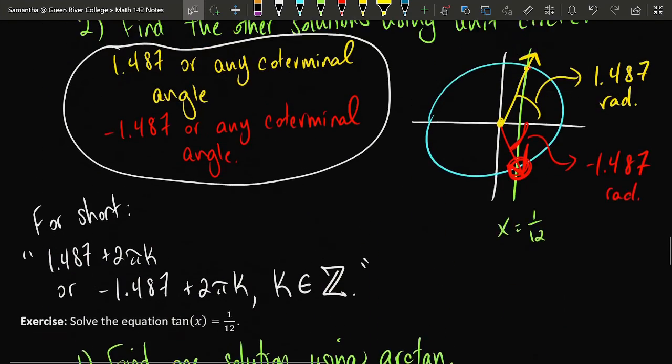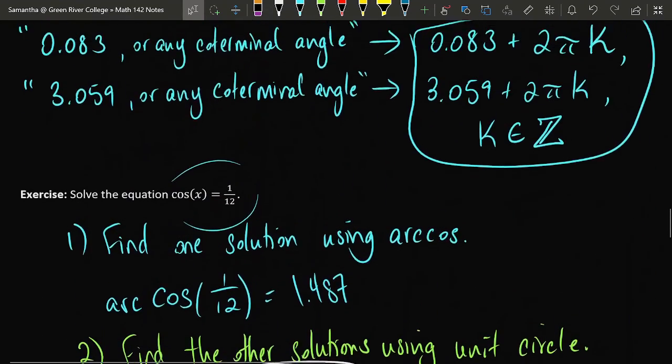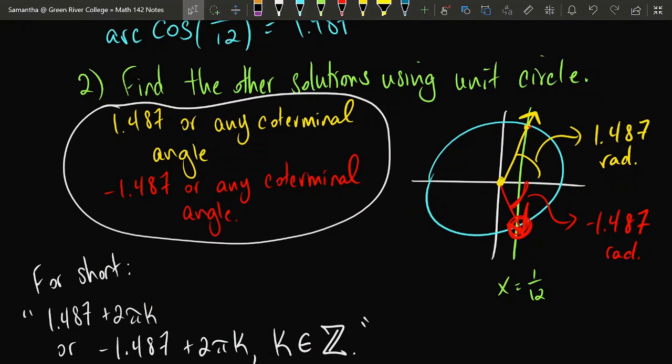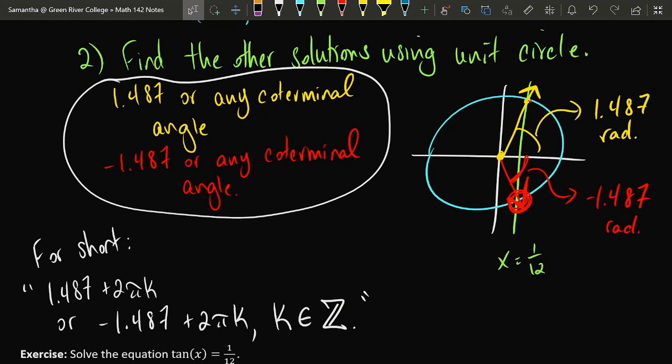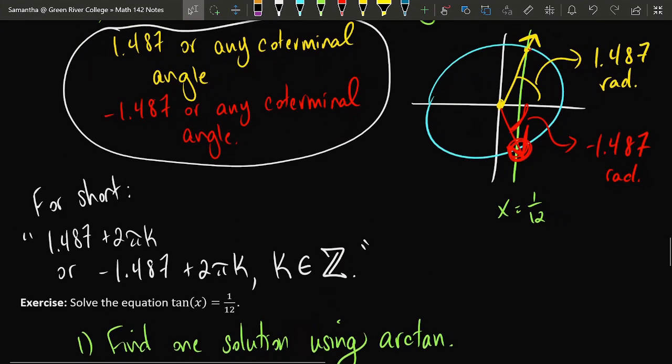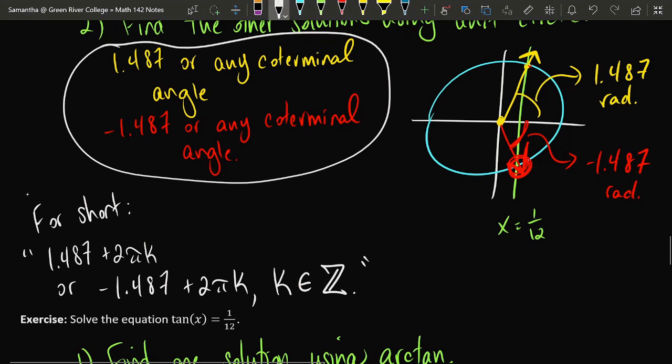In the case of sine and cosine, you now have been given one location on the unit circle with the specified either x-coordinate or y-coordinate. So then find the other location on the unit circle with the same x-coordinate in the case of cosine, or with the same y-coordinate in the case of sine. Then make sure that you are also accounting for any coterminal angles, which for sine and cosine will be 2 pi units away from the angles that you found on the unit circle.